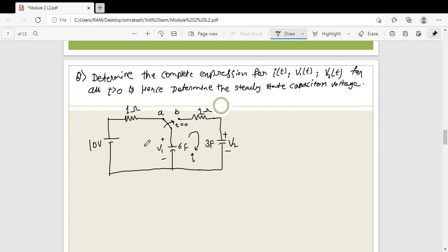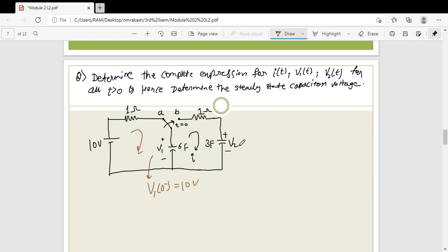Okay. So before switch operation, the circuit is this, right? But after the switch operation, the circuit is this. Now, what is the value of this voltage? Now see, this is the DC source. So before switch operation, V not the open circuit. So whole voltage appears across this capacitor. So this is nothing but V1 at 0 minus equal to 10 volt, right? 10 volt.